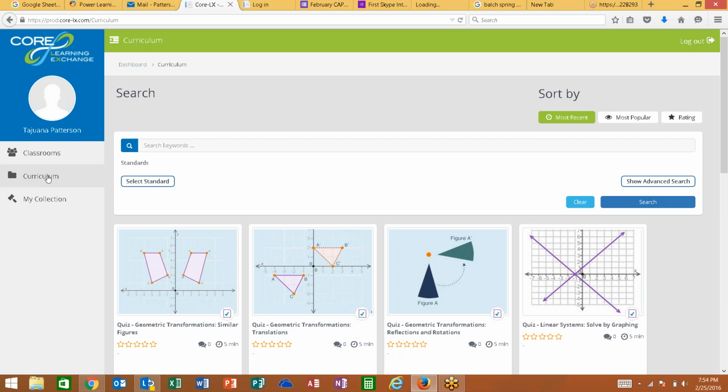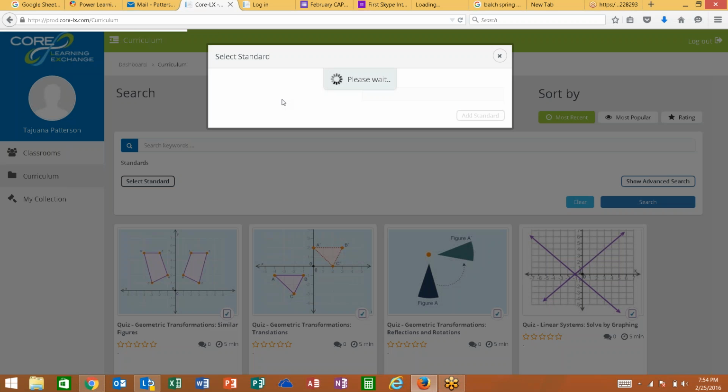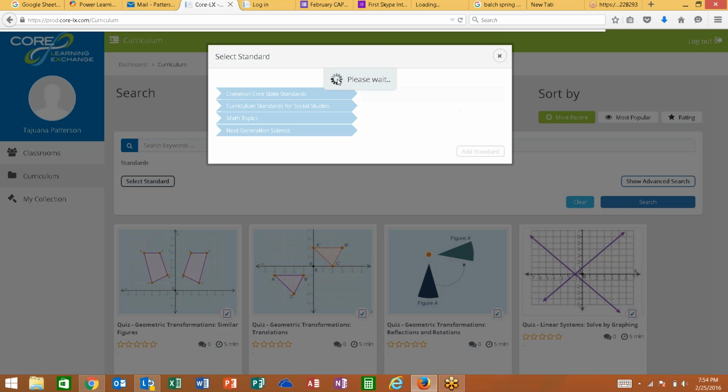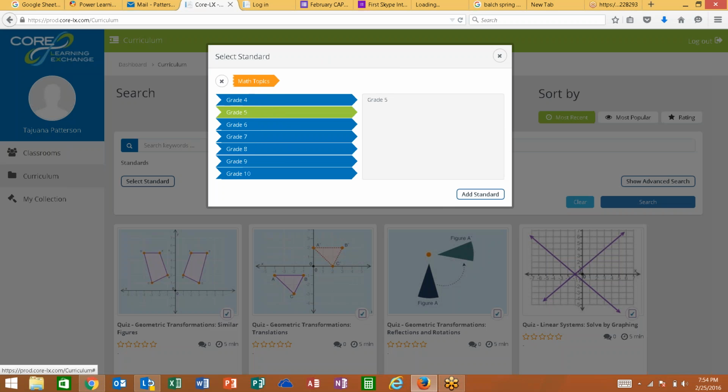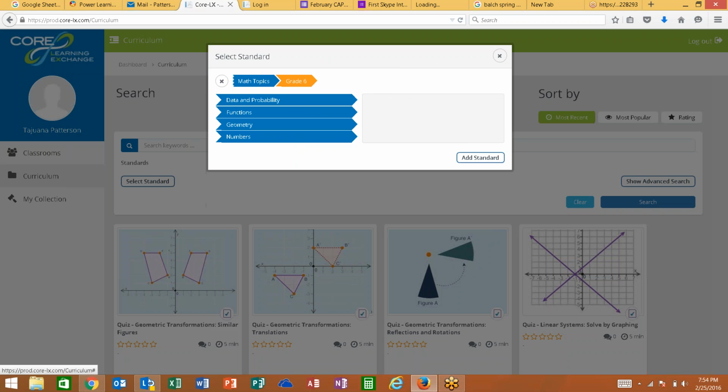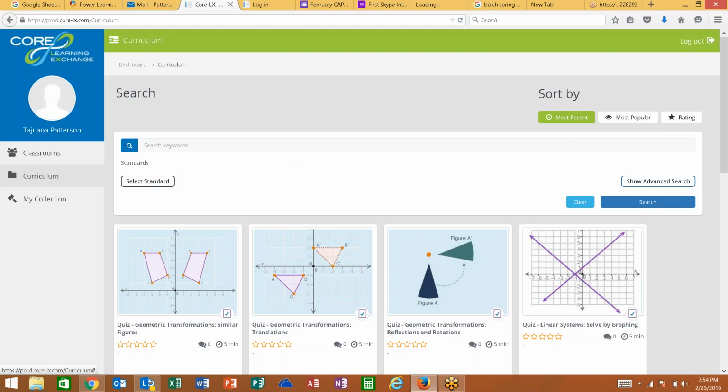No, because my thought here is if I click select standard, then the standards would be there and I can select. So math topics and then the grade. Yeah, so then when I do the advanced search,